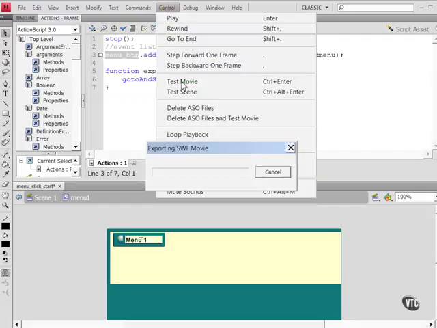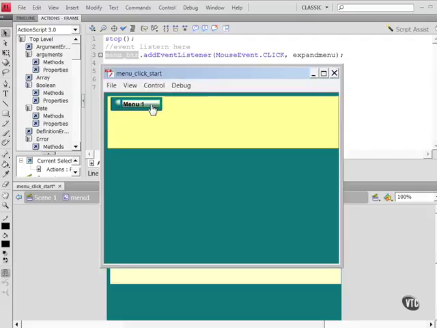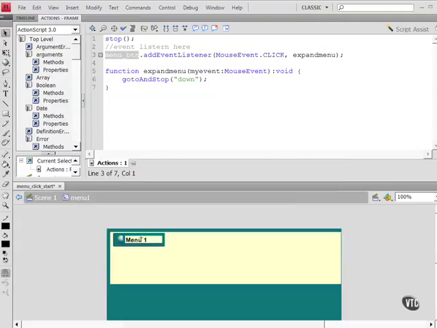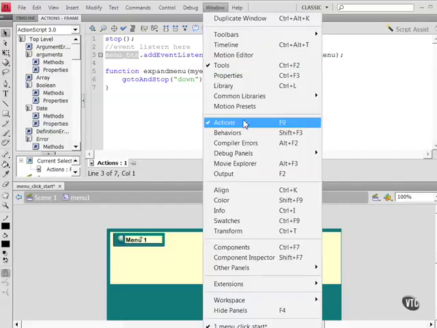What should happen here is that when I click on the menu button, it should open up and give me my expanded version. Now nothing else will happen because I haven't scripted anything else out here. You will also notice that there are button click sounds that I've included with these buttons. Now that we've successfully tested the first portion of the scripting, let's now go and script the second portion. Go back to your main timeline